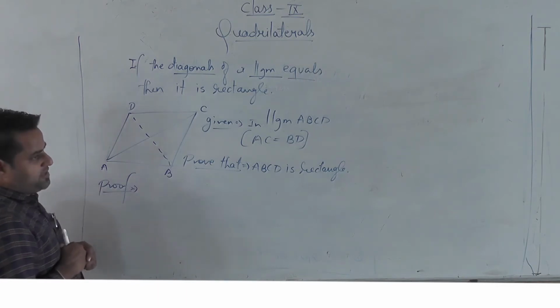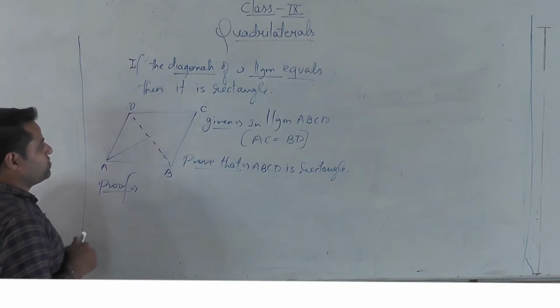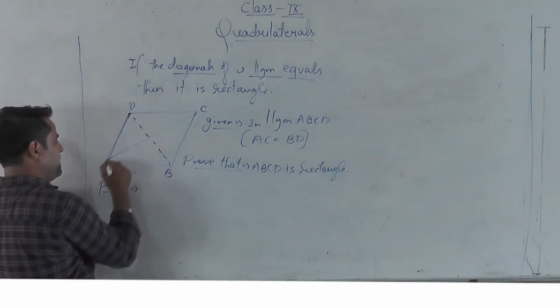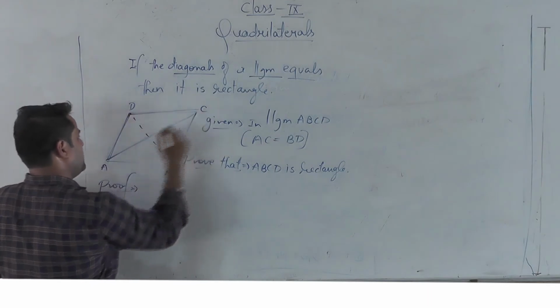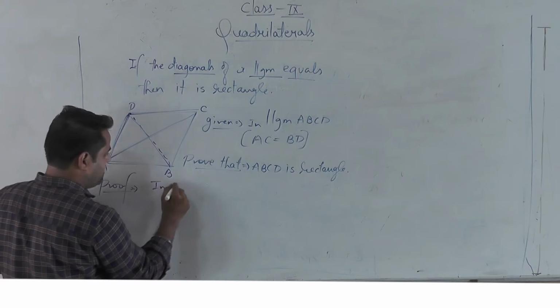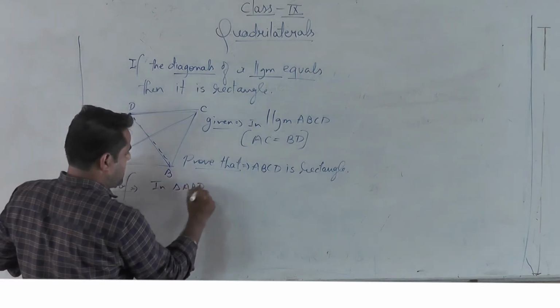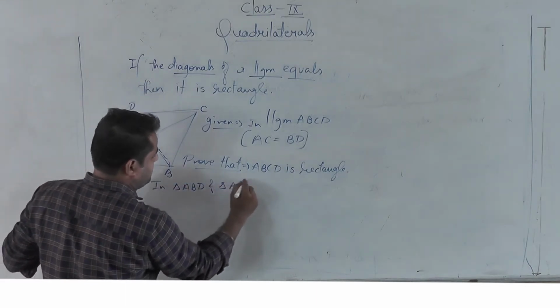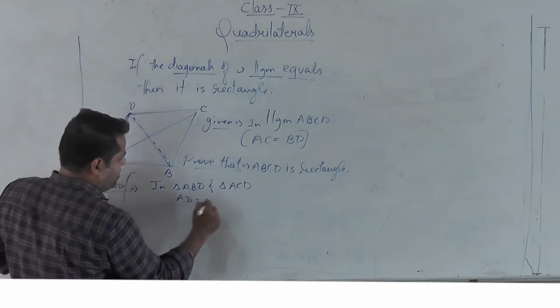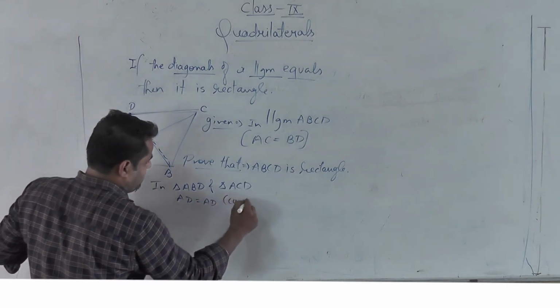Since the diagonals have been given to us as equal, we will take two triangles using each of the diagonals. So I am taking here ADC and ABD. These two triangles, triangle ABD and triangle ACD, I am comparing them. First of all, AD is common, as you can see, so I am writing it common